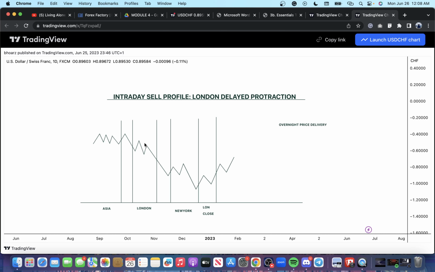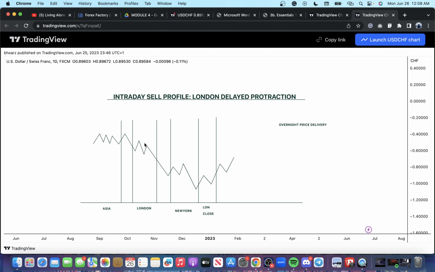So this is what I call, this is my own term, by the way, I call it carry over delivery. So the market will carry over delivery into the next available session, which is going to be London session. So during the Asian session, again, the market usually might see a consolidation. Sometimes, or a lot of times, you see Asia actually trend. So Asia would trend lower and then go into London session. The real volatility kicks in,